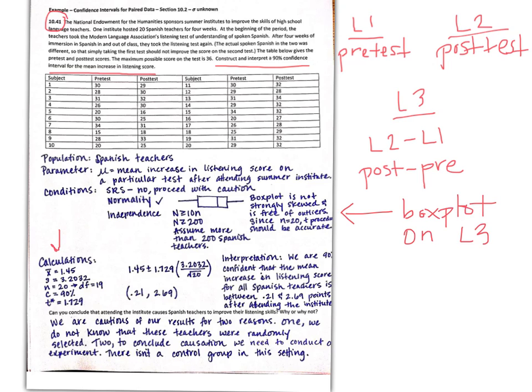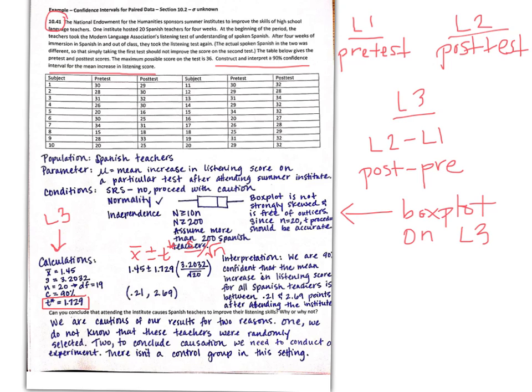For my calculations, notice that I'm not given anything in the bulk of the problem except really the n value, which I could have taken from the table as it is. I have to run my 1-Var Stats on L3 again in order to get my x-bar, in order to get my standard deviation. I have 19 degrees of freedom. We are told we want a confidence level of 90%, and so the appropriate t-star value is 1.729 using your t-distribution table. So use that to do your calculations. Plug them in